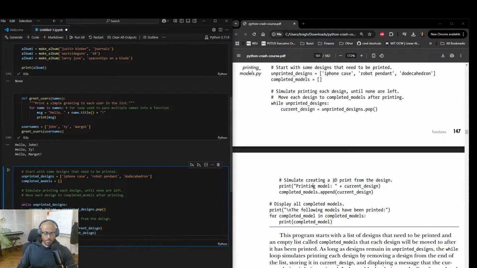So all of these that are popped from the unprinted designs are going to be set to the variable current design and appended to completed models. And at the end of that, completed models will be the new list. Okay, I see what they're doing. Display all, oh, hold up though. So wow.